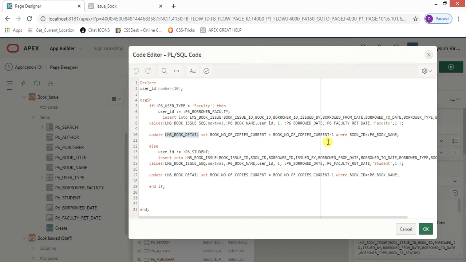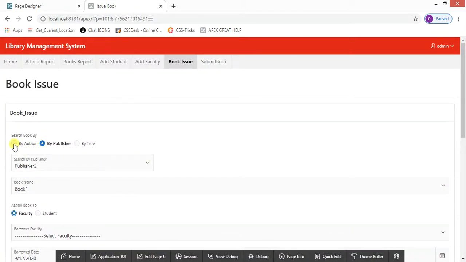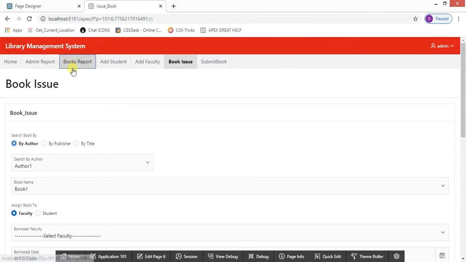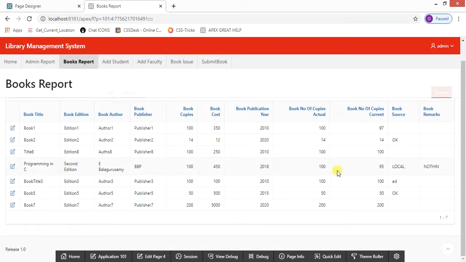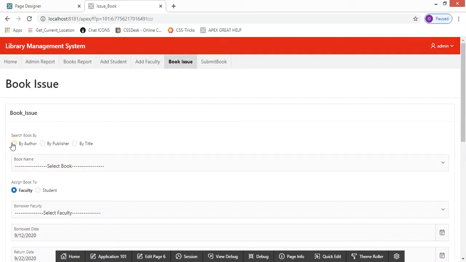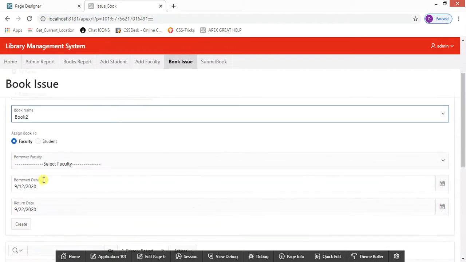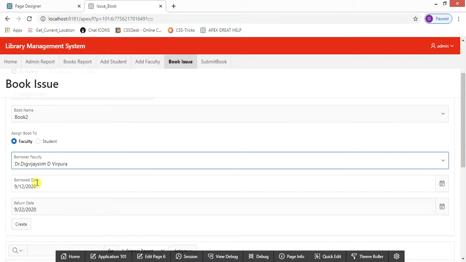See, whenever I assign any book, let's say for example, if you see at this position, the book report, okay, if we consider this E Balaguru Sami, then currently we have 95 books in stock. So if I issue that particular book, this one, to either the faculty or, let's say for example, a student.